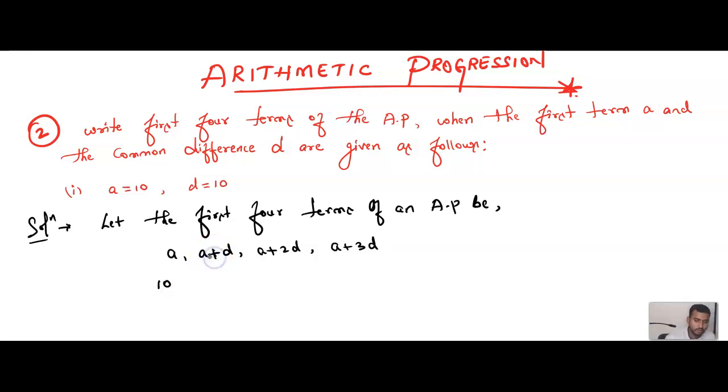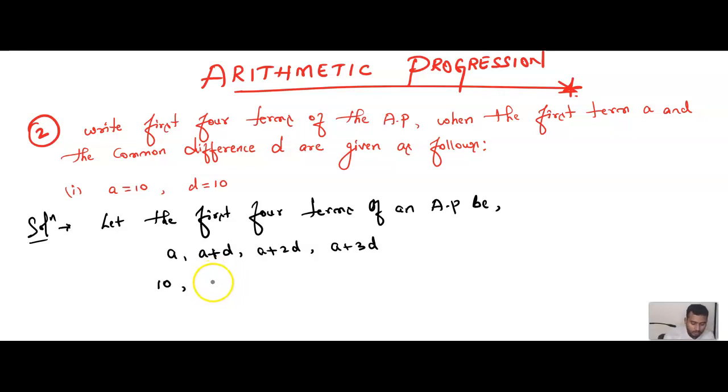Children, always make sure of one thing here: between all the terms you have to maintain some gap so that the numbers do not mix with each other. For example, the A value is 10, then you write a comma and give some space between the first term and the second term. Got it? Maintain a little gap between 2 terms so that you know A plus D is completely one term, and A plus 2D is completely one term. That is the reason. Got it?